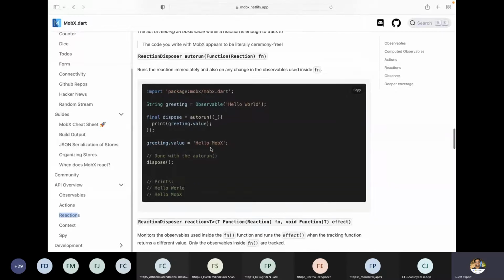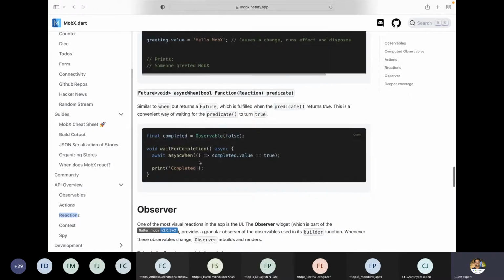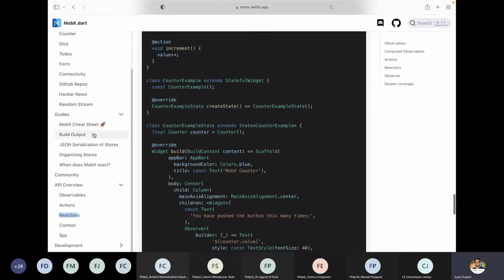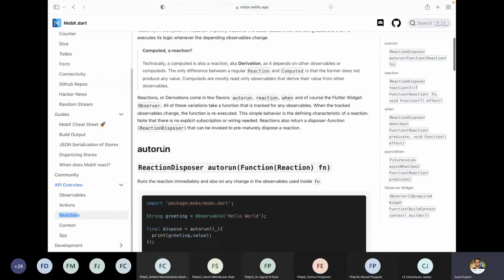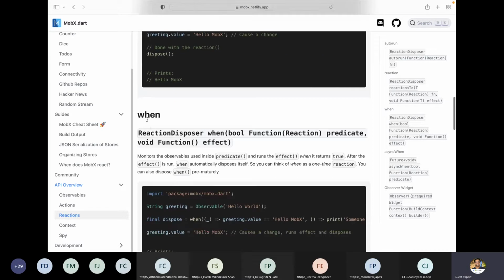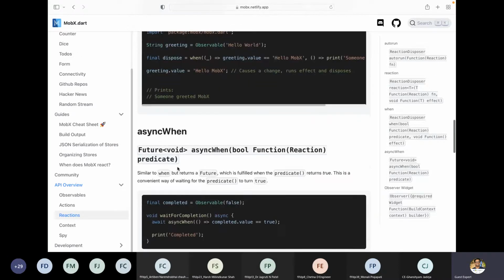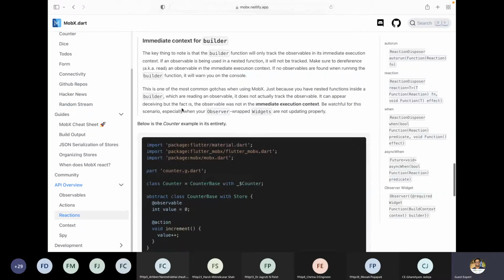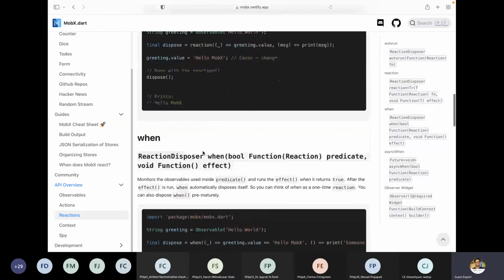We have different kinds of reactions called autorun, reaction, and when, meaning it will run only when a particular value changes at a particular level. So we can have that condition. Async when is for the future, and then there are some different things, like observer widget and everything, which right now we are not considering in scope.